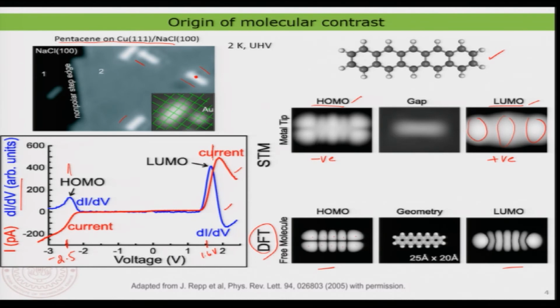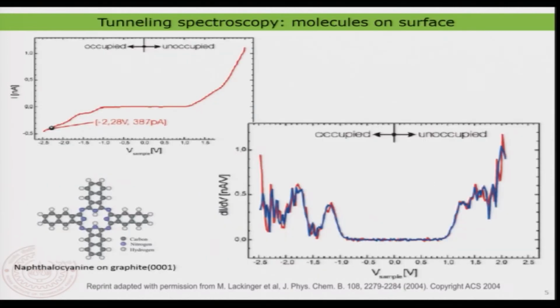You can of course do that for a few more molecules. I will show you a few interesting examples to clearly convince you what is going on. Now, this molecule is also something we have talked about. It is a phthalocyanine molecule, also a celebrated molecule in semiconducting thin film technology. In this case the molecule is adsorbed on a graphite 0001 surface.